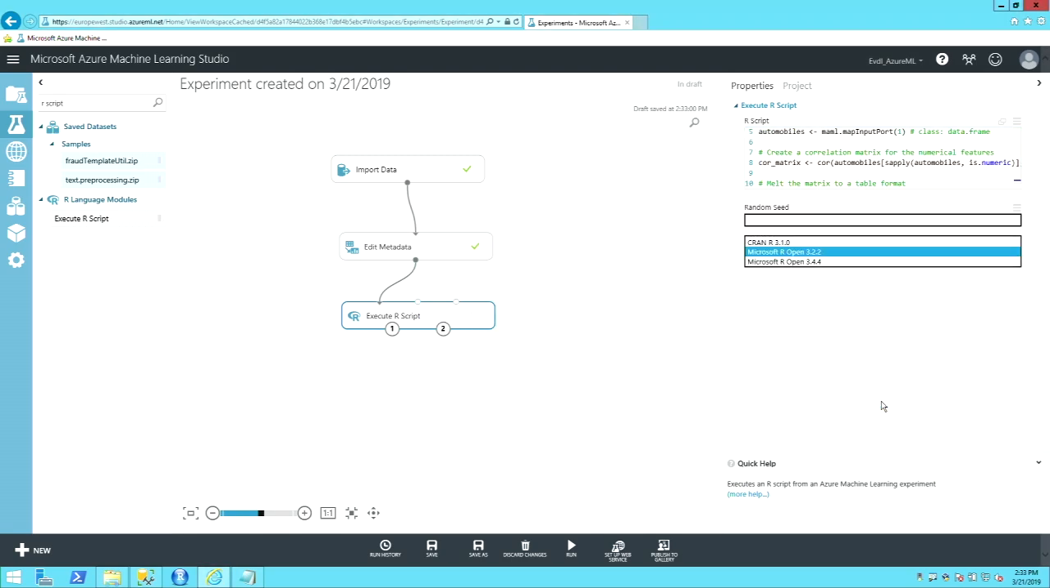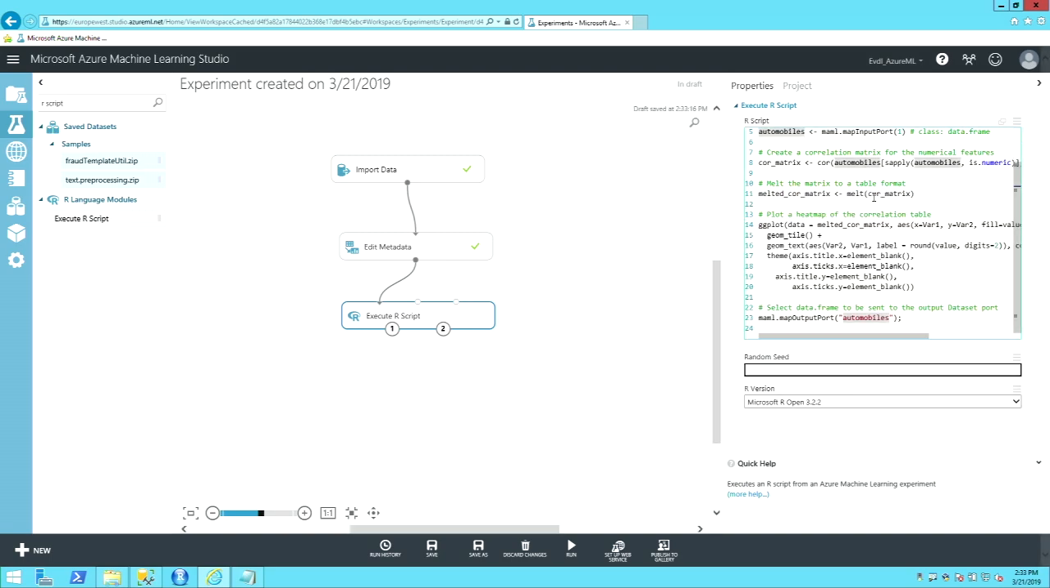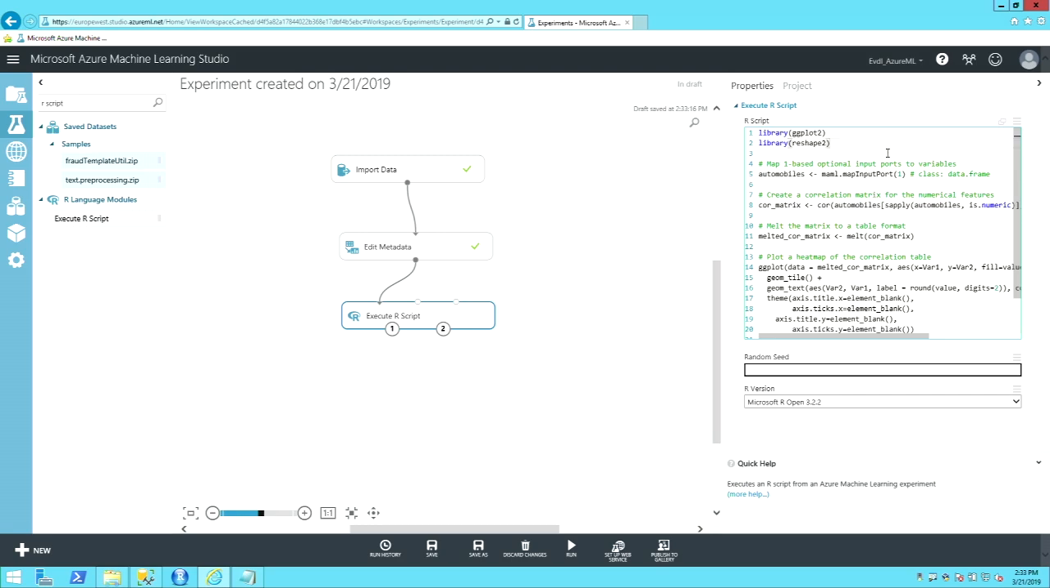You can select whichever version of R you prefer, the regular CRAN version or the Microsoft Open R or R Open. I'm going to leave it at Microsoft R Open. And what's also very interesting for the people in the room that work a lot with R is that you can basically use every library that is available on CRAN or in the Microsoft R Open repository. You can load directly into Azure Machine Learning. So if you really like ggplot2, like I do, you can directly load it and do graphical stuff with your